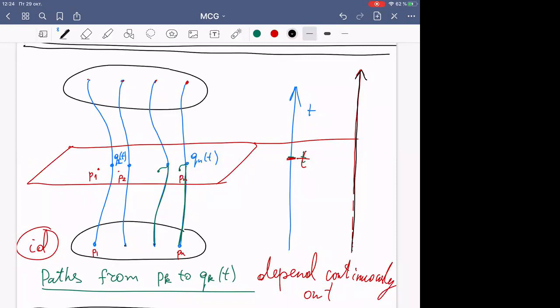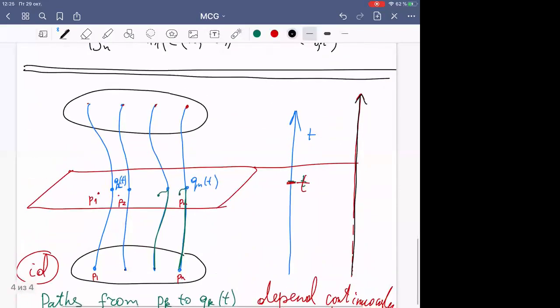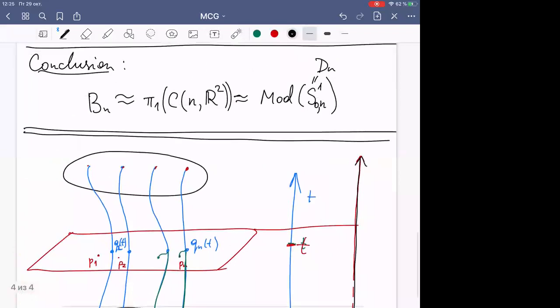Originally, our braid is an isotopy between. Yes, first of all, starting from a braid, we, since the